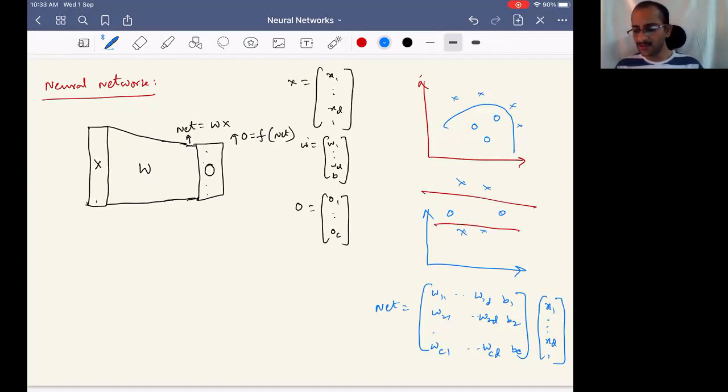Is this picture clear, what I have sketched? Fine, so I will move on. If you have any questions, you should ask. Now what we want to see is, what is the cost function here? We want to write the cost function quickly.